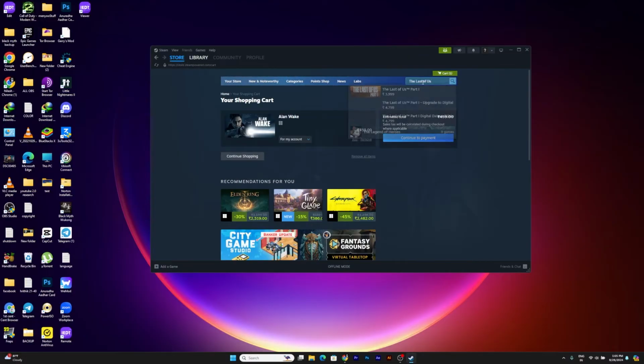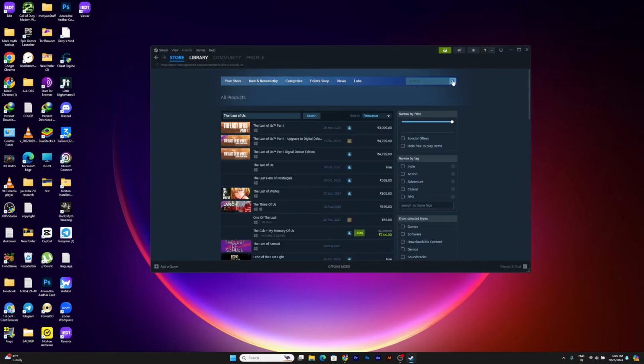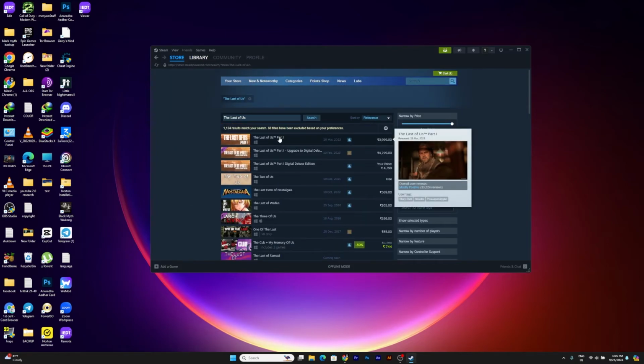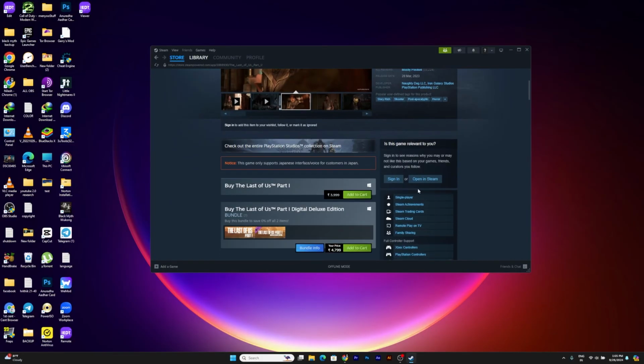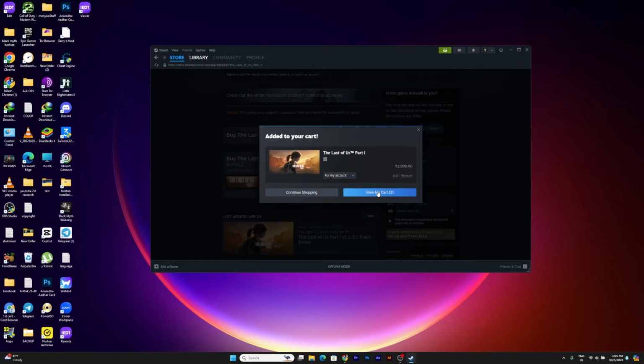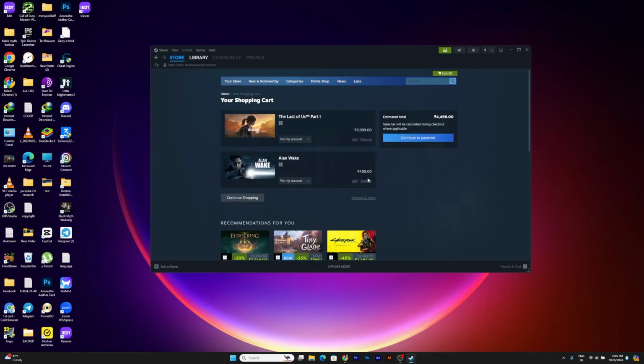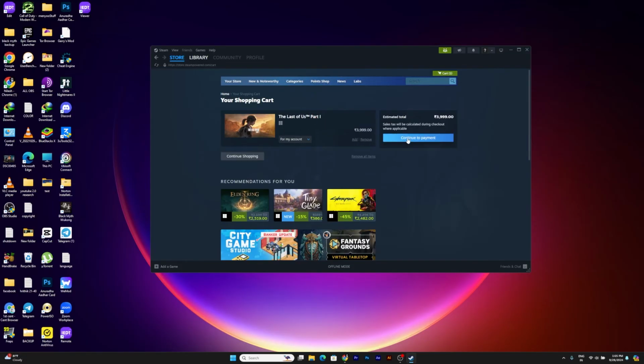search for Last of Us, search, and this is Part 1, right? Click this and just give your date of birth. Make sure you are 18 plus. View page and add to cart, view my cart. So from here, continue to payment, and after